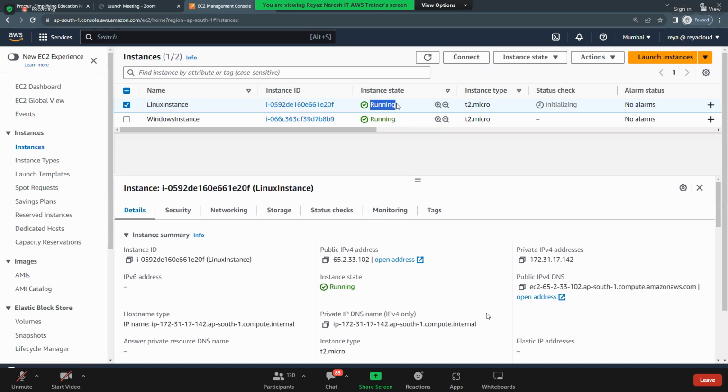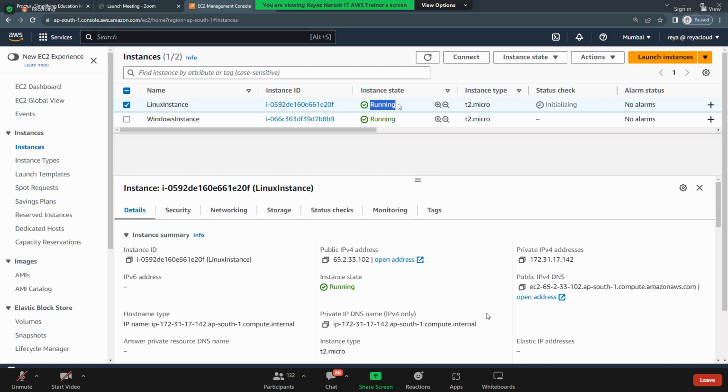Okay. So I'll tell. Do you see instance state? You see instance state? When you launch it, what is the state? Pending, running. When you stop it, what is the state? Stopping, stopped. When you terminate, what is the state? Shutting down, terminated. But when you reboot, what is the state? Running only, correct? Do you have any changes in the instance state? No, that is what I want you to tell. So guys, when you reboot, there is no change in the instance state.